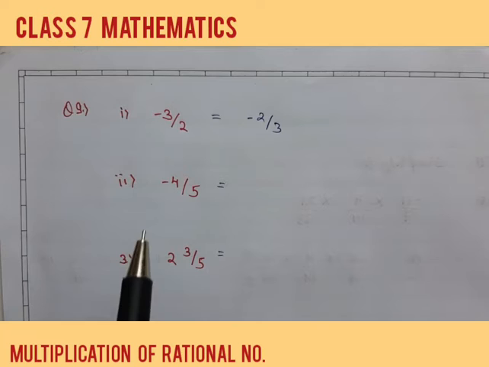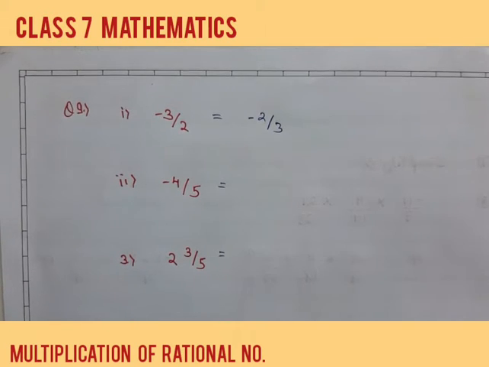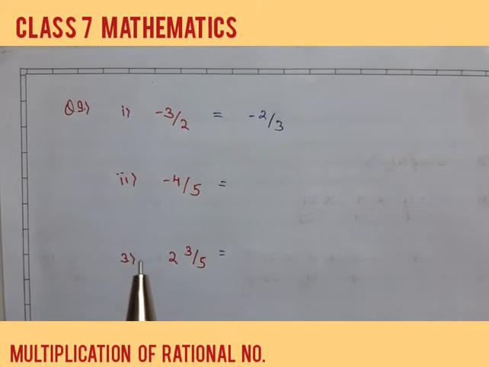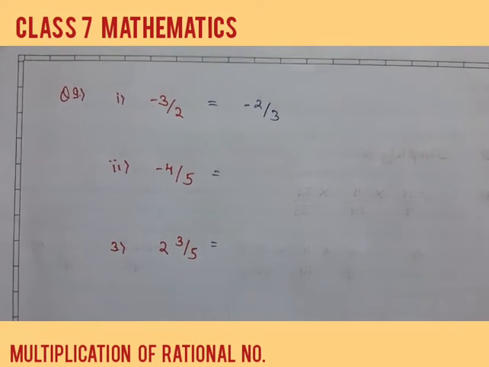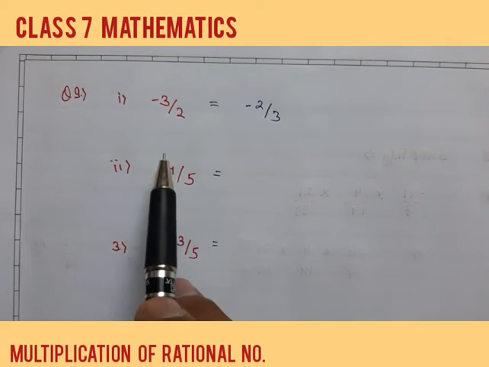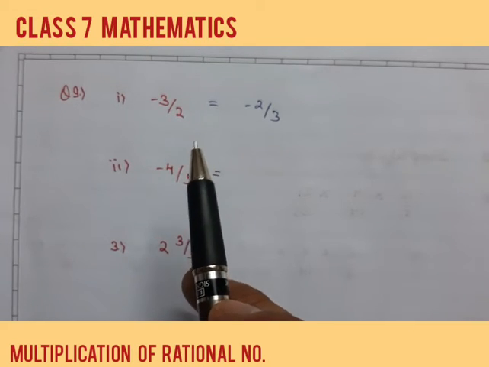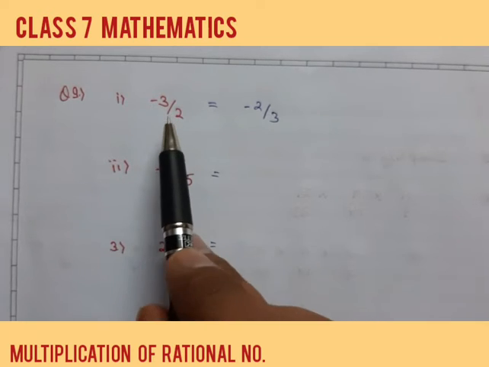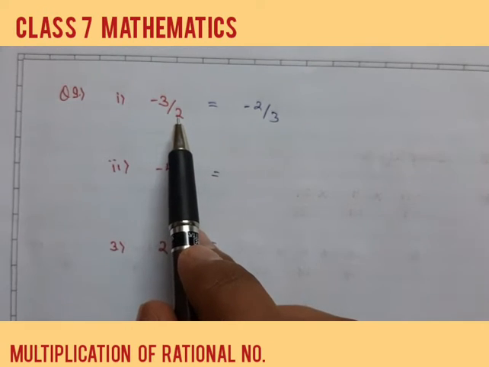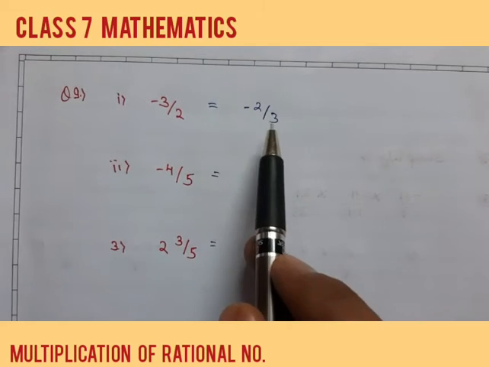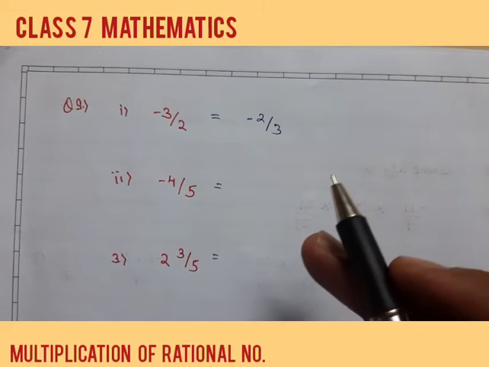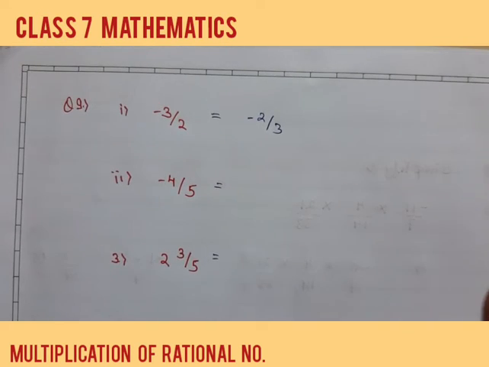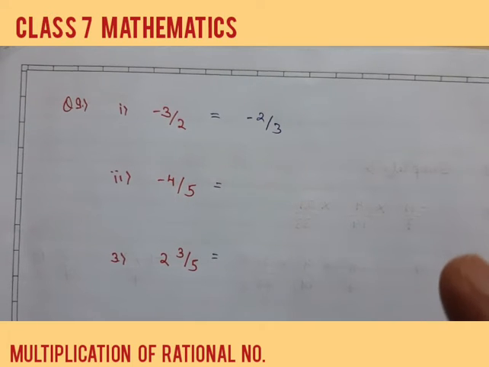See, either you can write it like this or there is one more way. Reciprocal means 1 divided by any number. So you can do two things. Either, if you are very comfortable with the direct property, that is, the reciprocal or multiplicative inverse of minus 3 by 2 is minus 2 by 3, you can simply write the answer. Or if you want to write it in a more proper way, always remember the definition of reciprocal: reciprocal of a number means 1 divided by the number.